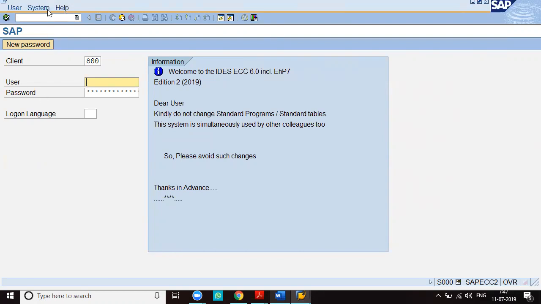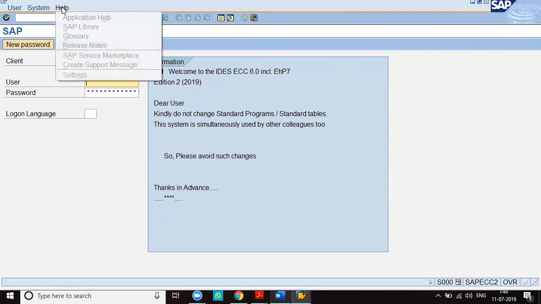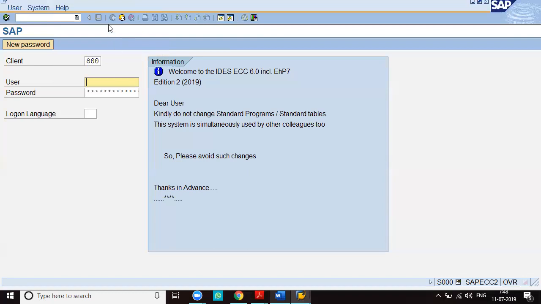But in every screen, the system menu and help menu will be there. These two menus are called common menus. Then every menu contains further submenus. That means if you click on the user menu, these are the submenus in the user menu, and these are the submenus in the system menu, and these are the further submenus in the help menu. Like that, in every screen, the system and help menu will be there.